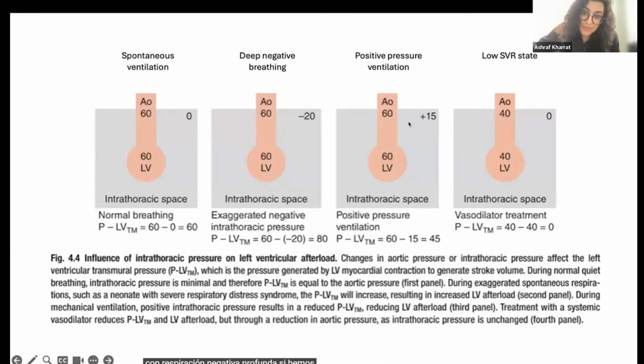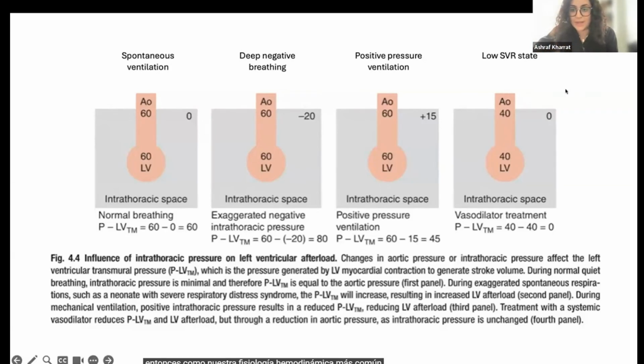If we've decided to intubate that baby, now we've created a positive pressure situation in the lungs. So now let's say that their positive pressure is 15. So the work that the LV has to do is 60 minus 15, which is 45. So we've actually offloaded some of that work of the left ventricle in order to be able to pump blood into the aorta. And then finally, if we have a low SVR state, so like our most common hemodynamic physiology,